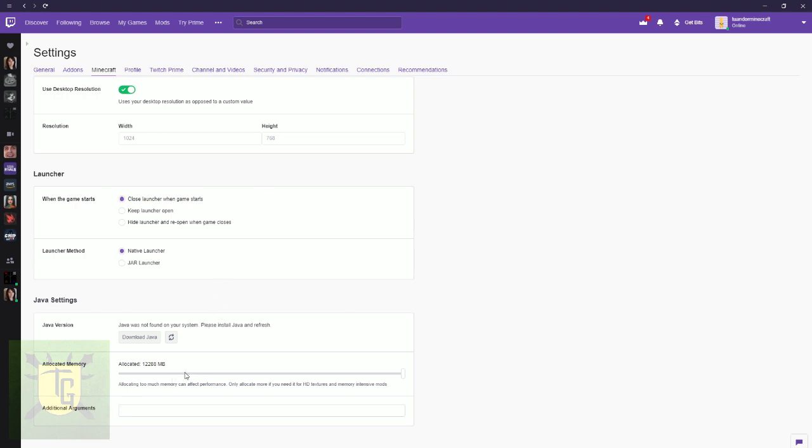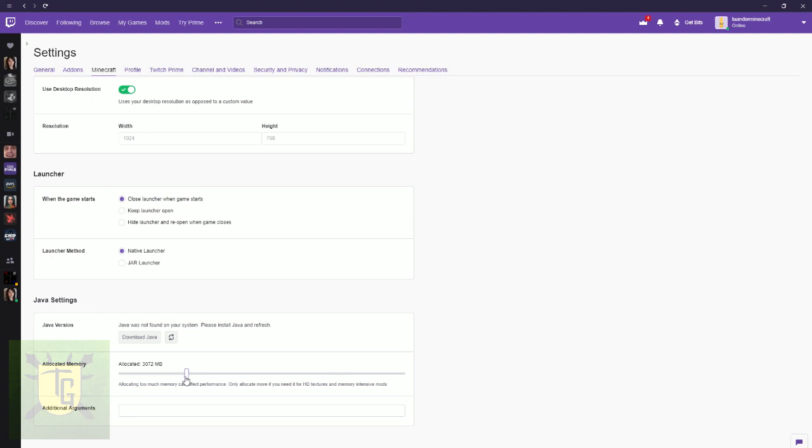Now, each of these mod packs can chew up quite a bit of memory. The default is something like 3,000 megabytes. It's very low. If you check on your mod pack's homepage, it normally gives you a value, what they think your minimum allocated RAM should be to run the mod pack smoothly. If you've added in shaders and a few other textures and things, it's going to be even higher than that. So set that higher than